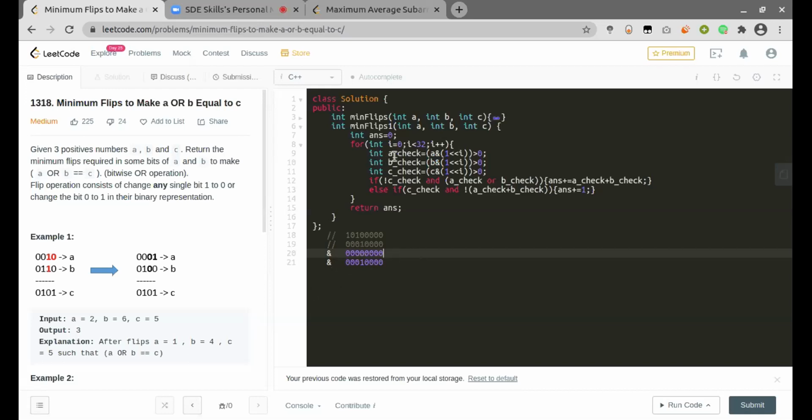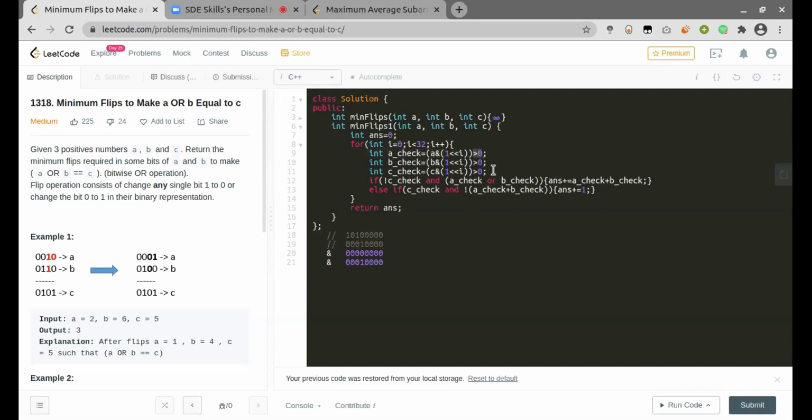So this is what I am doing. I am iterating from 0 to 32, which tells us which bit I need to check at any instant, and then I just left shift 1 that many times, bitwise AND it with the given number itself, and check if the result is greater than 0.